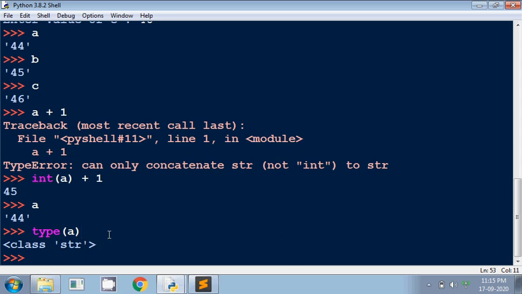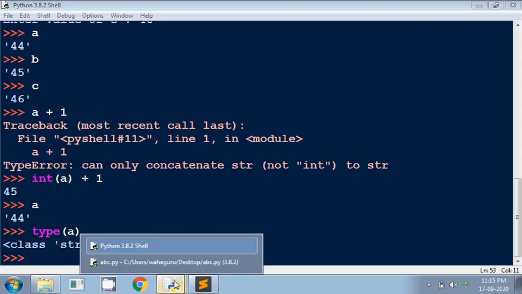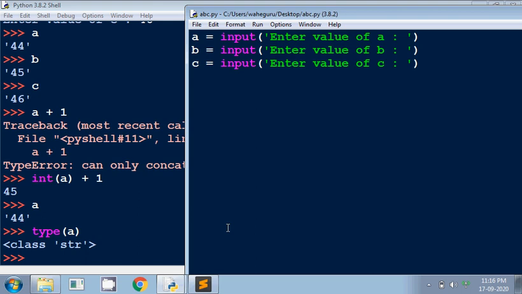So if the intent is to get the value in the integer only, instead of typecasting the values later in the program, we can use the int function directly over here, around the input function.